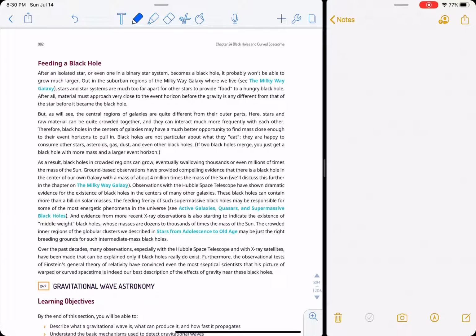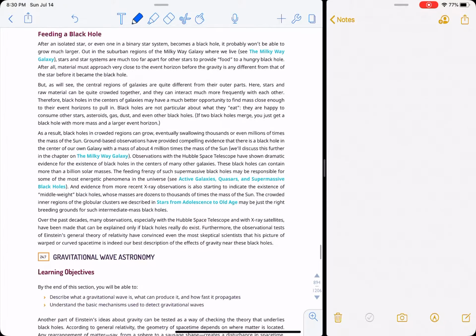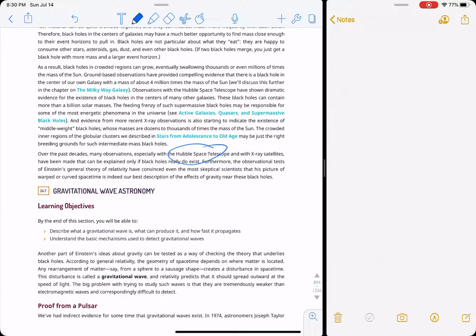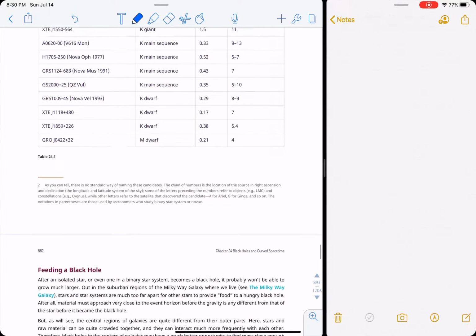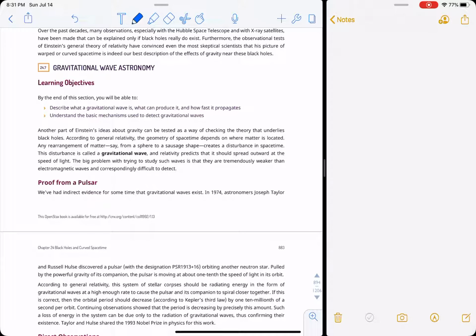Feeding a black hole, it's the same thing. If you've got an accretion disk, it'll take some of that matter and grow in its mass. So the important thing, we have the Hubble Space Telescope. I'll show you this in lecture. From the Keck telescopes in Hawaii, we can actually see the stars in the center of our galaxy orbiting something in the middle of it, and there's something there, we just can't see it, so we think that's Sagittarius A star, the black hole at the center of our galaxy. Every galaxy has a supermassive black hole at the center.